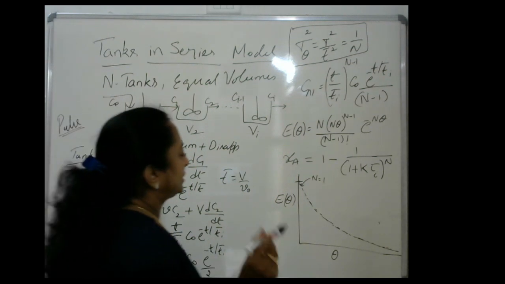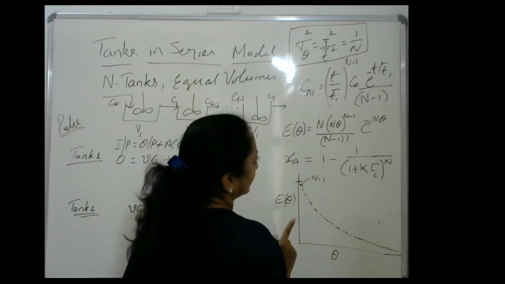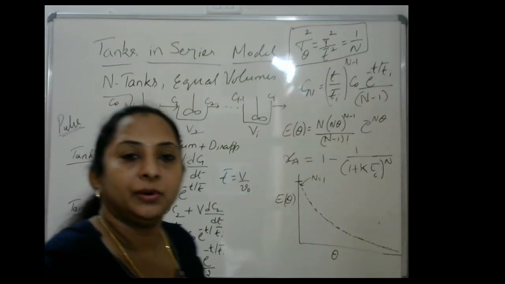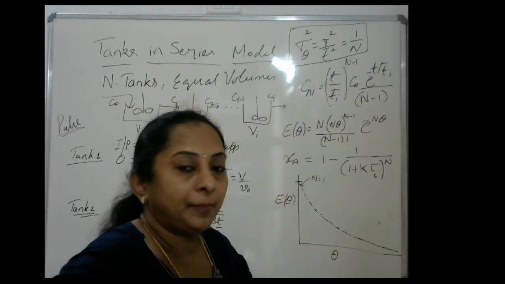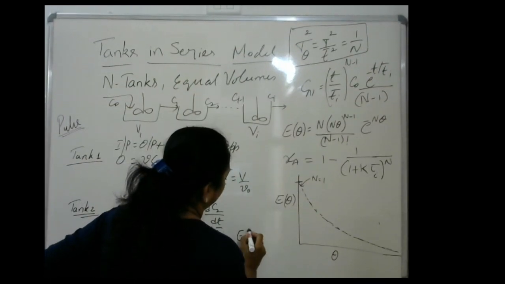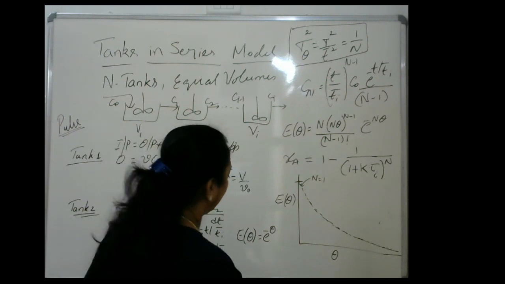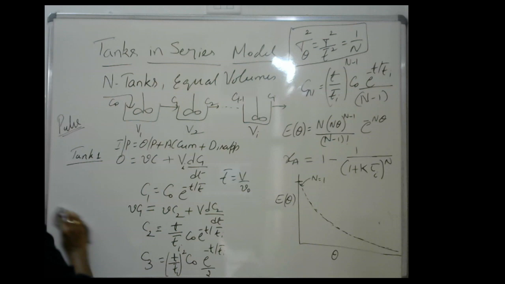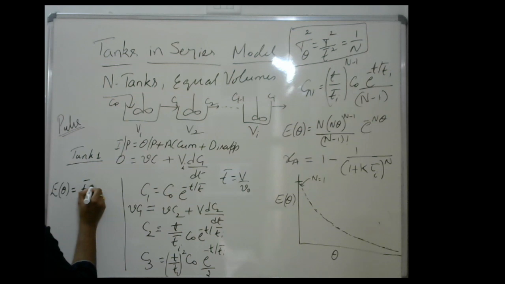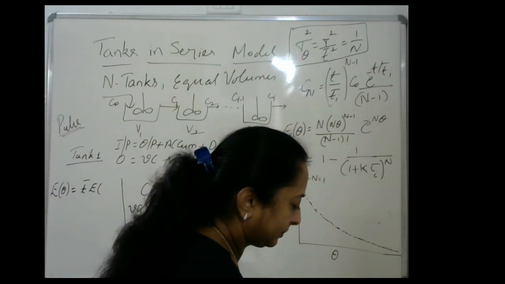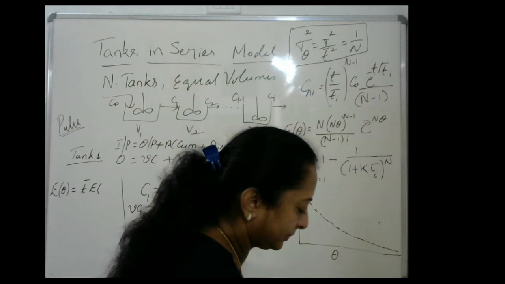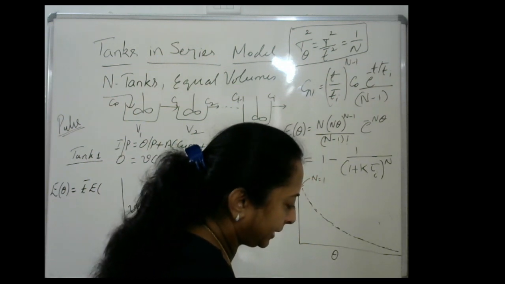Okay. So this is for n is equal to 1. For n is equal to 1, you just recollect what you had written. E theta is equal to e to the power of minus theta. How do I get this? Let me just explain it here. It's recollection. E theta is actually what? E theta is t bar into... what did I write? One second, I'll just try to. I'm not able to recollect what I had written for you.